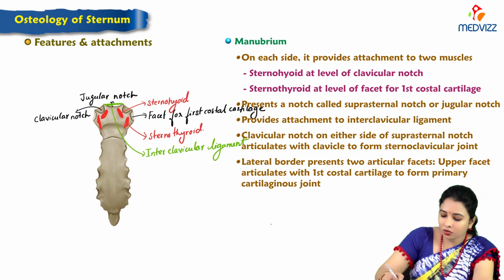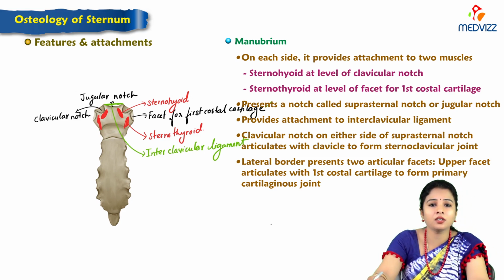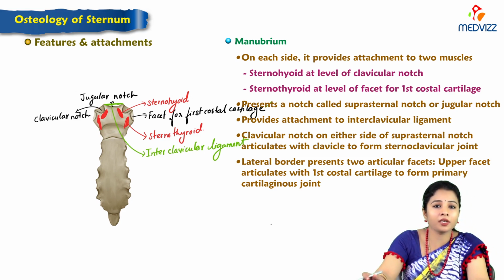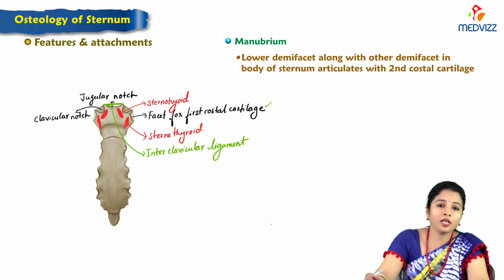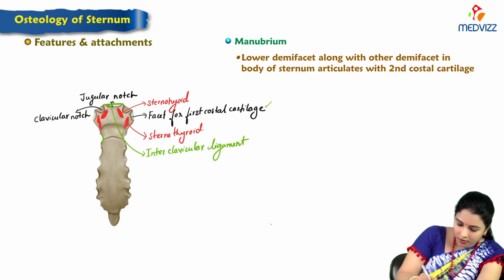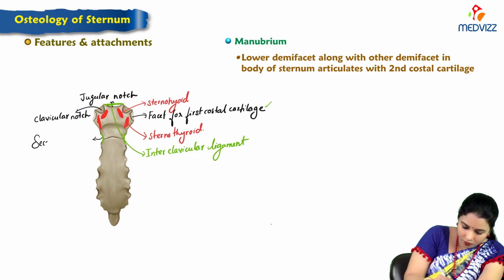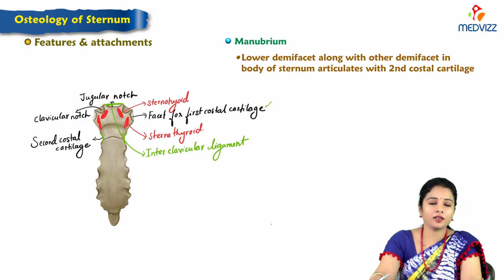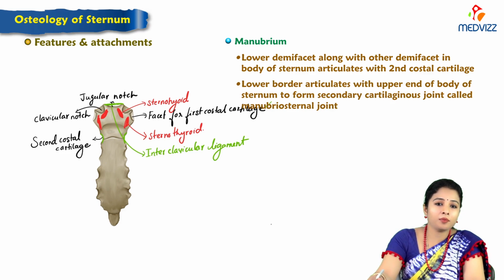So here the first costal cartilage articulates with the manubrium to form a primary cartilaginous joint, whereas the lower demifacet, along with the other demifacets in the body of the sternum, articulates with the second costal cartilage. So this part articulates with the second costal cartilage. The lower border articulates with the upper end of the body of the sternum to form a secondary